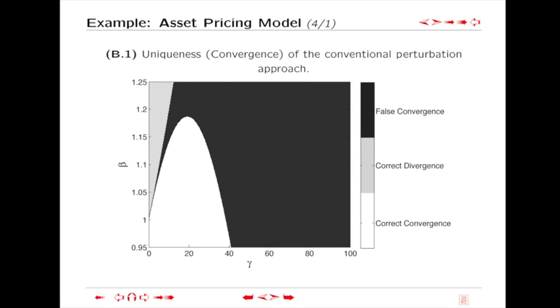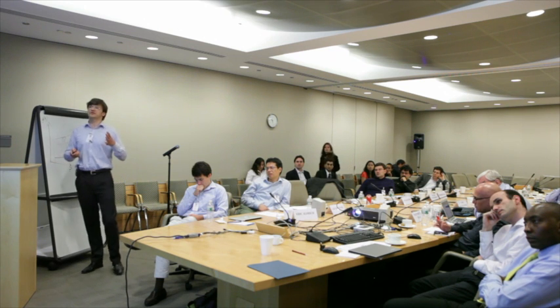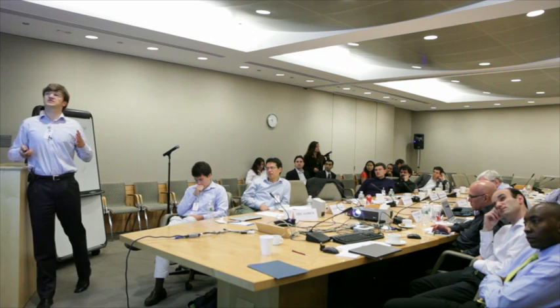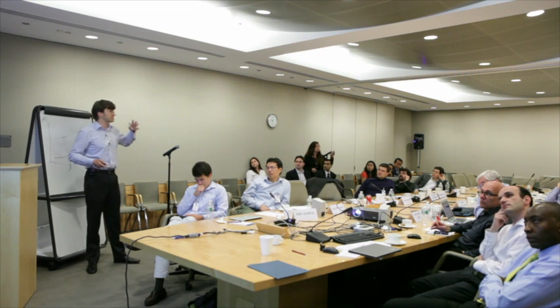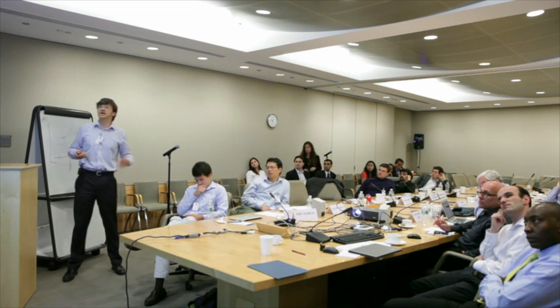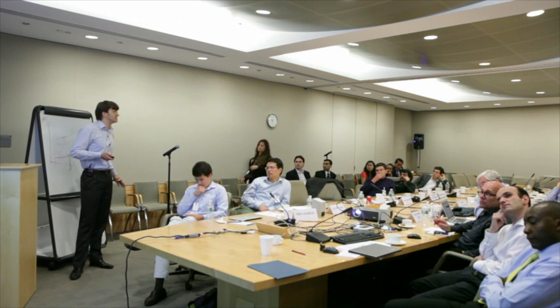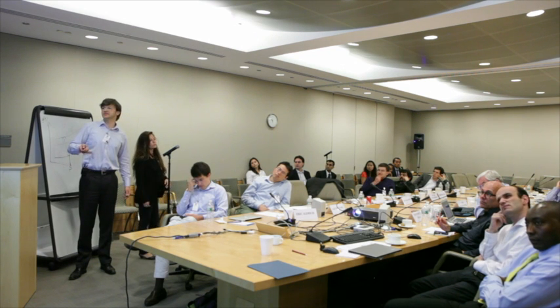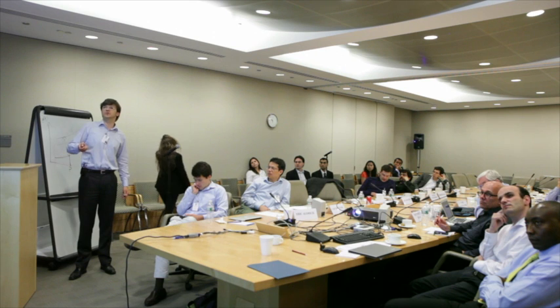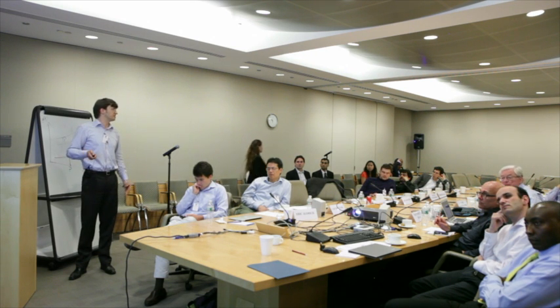And you see the areas where the conventional approach says whether the system converges, that is, the solution exists, or whether it diverges, that is, we have local indeterminacy. So the white area is where you have convergence, which is correctly detected by the